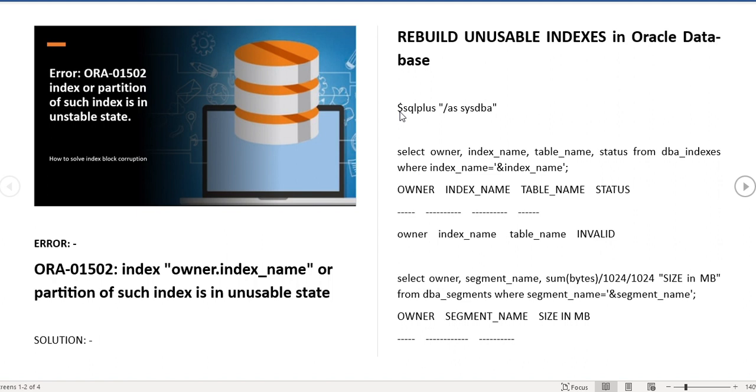And also there is a way, if multiple indexes are getting unstable, or your whole database index is getting unstable, for that situation there is another method that I am going to discuss in this video, which we have to use to resolve our case. So first of all, you have to connect to SQL*Plus, and then